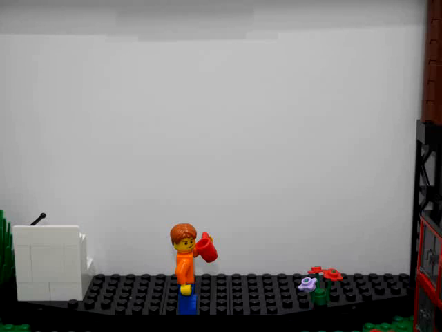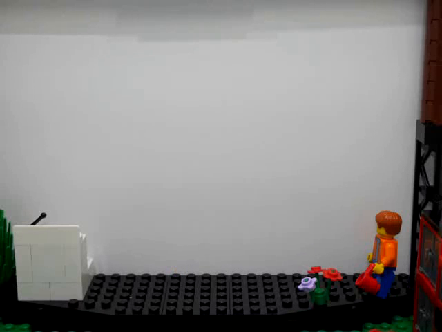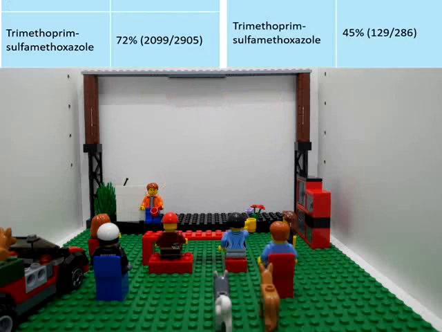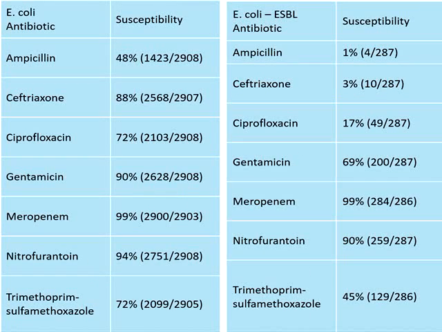One thing that is important to highlight about E. coli is the presence of resistance genes on its plasmid that can induce the expression of extended-spectrum beta-lactamase that confer resistance to a larger host of antibiotics. So as you can see here, on the left is the normal antibiogram for the majority of E. coli